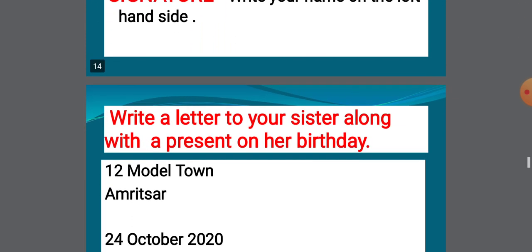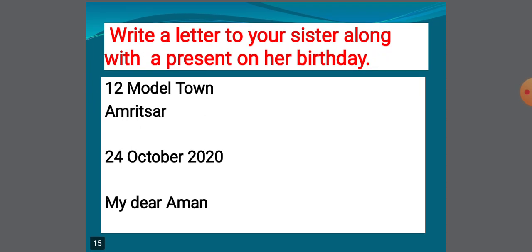Next is a letter. Let's practice a letter. It's a letter to your sister along with a present on her birthday. So dear students, first is the address of the sender like 12 Modern Town, Amritsar. Date 24 October 2020. My dear Aman,